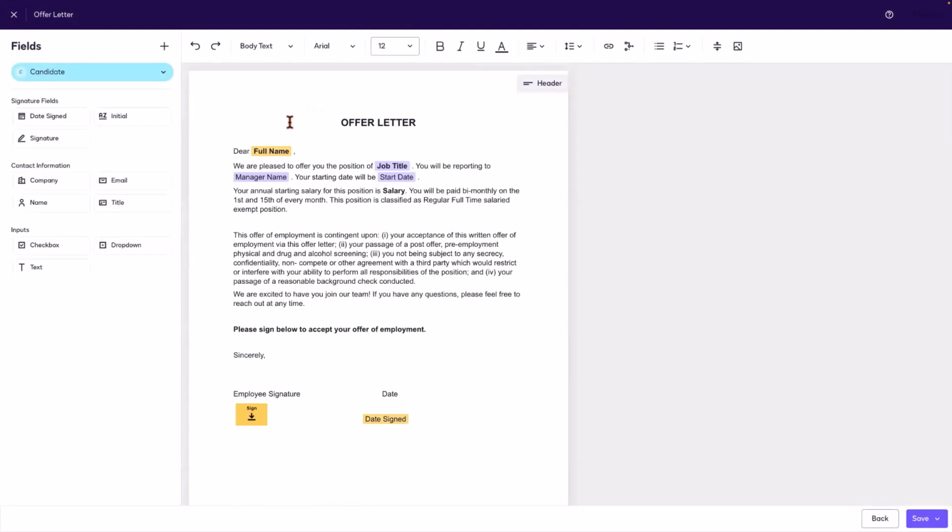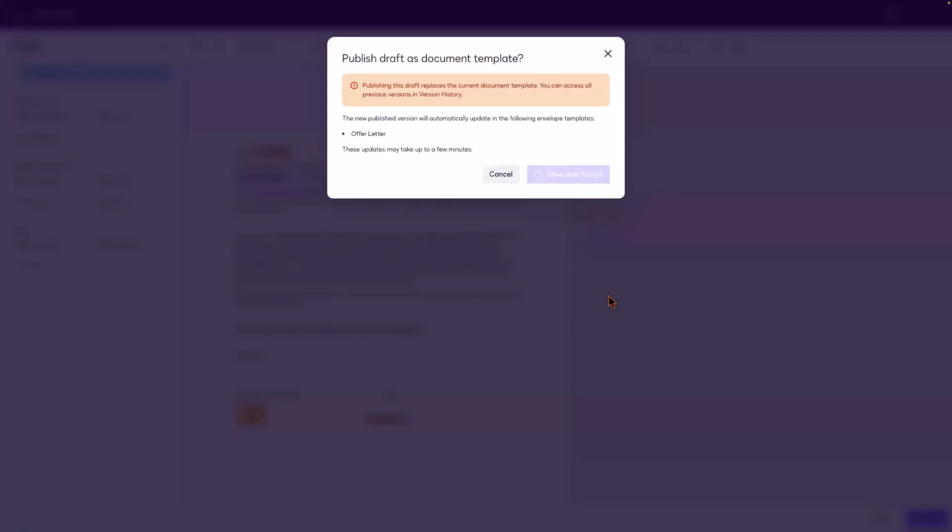I'll click on next. It's going to take me right back into the document. Now, for my use case, I want to go in and put in just a $ sign here, just to indicate that it is US dollars for the salary. So I'm just going to simply click in there, type in a $ sign just like that. In fact, you know what? Let's go ahead and select it and bold that so it matches the text that comes on the screen when the field that's been added in our envelope template has been populated by the sender. I'll go ahead and click on save and publish. Click on save and publish there.